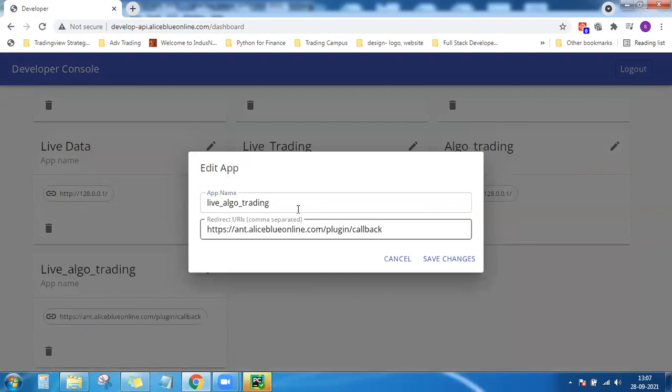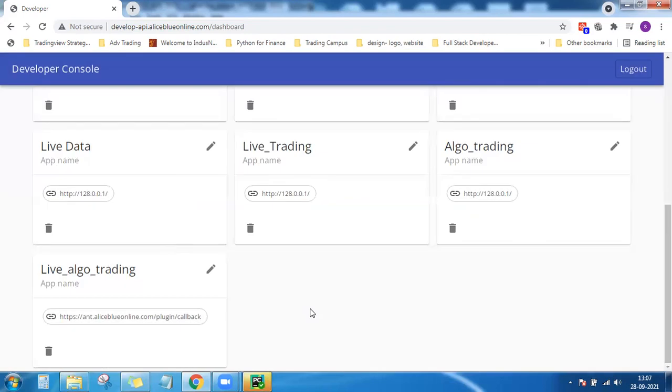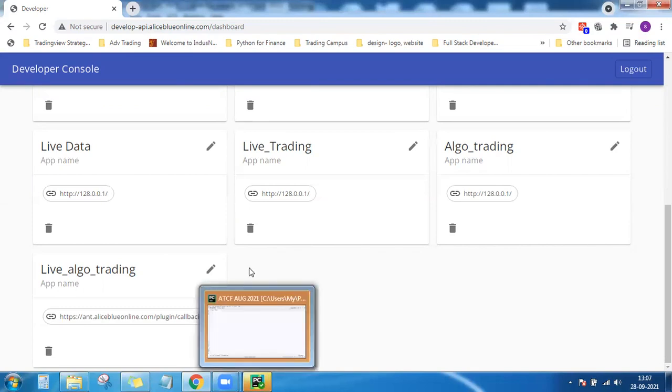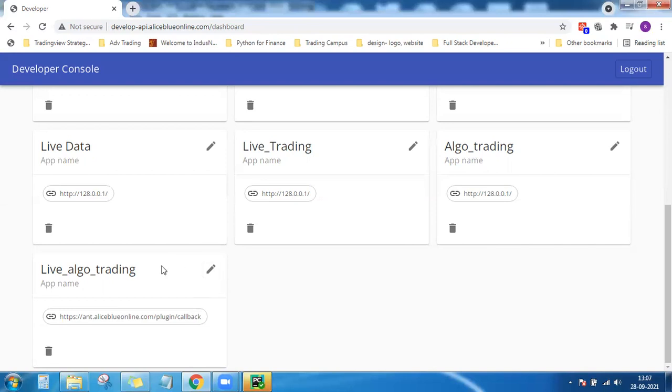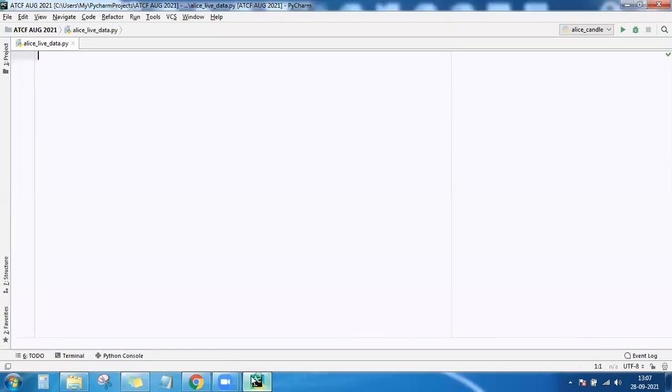This is the application which I'm using. Or you can even give localhost. Even the localhost IP address you can give as the redirect URI. After creating that application, it will give you one API key and API secret key.